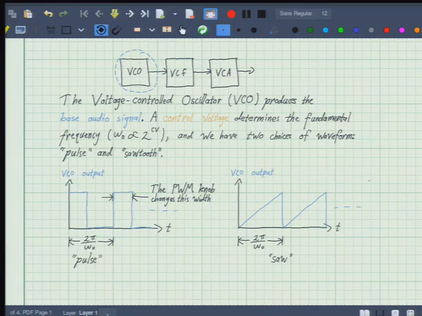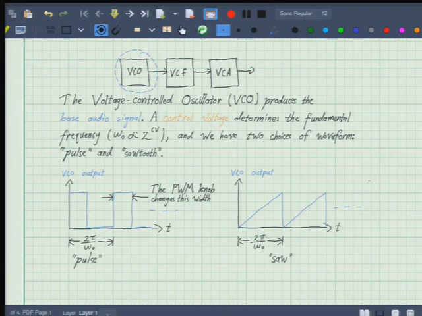So the frequency at which this thing oscillates can actually change over time, and that's going to be an important part of how the sound is generated. But basically, this is what it does. And one of these signals at least should be a familiar friend to us, because we've looked at these pulse-type waves before. So we actually know a little bit about their frequency spectrum from the analysis that we've done. And we'll see that reflected in the hardware as well.